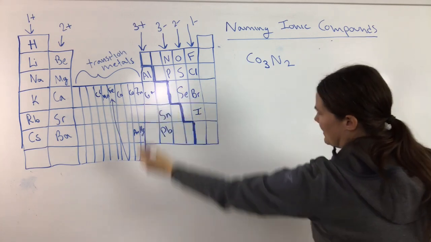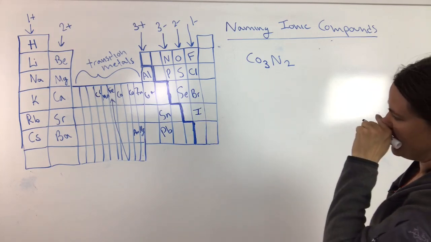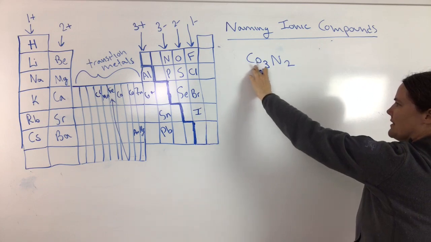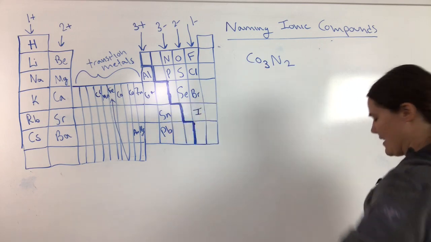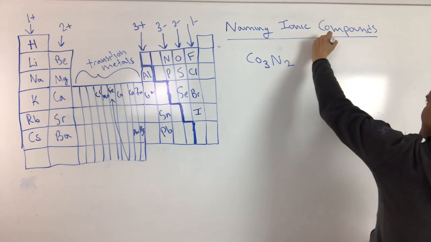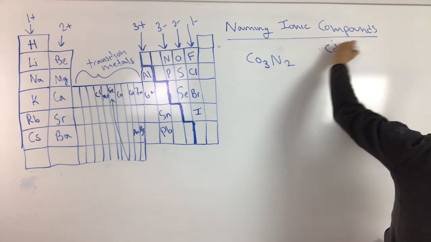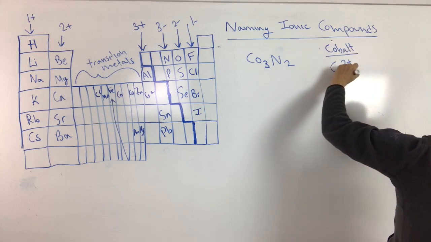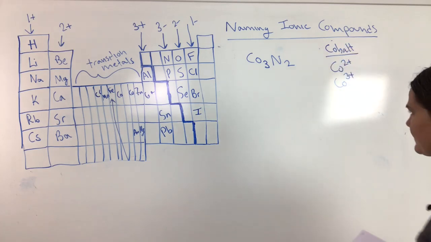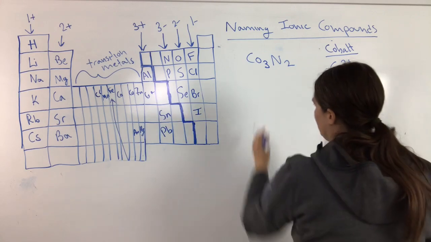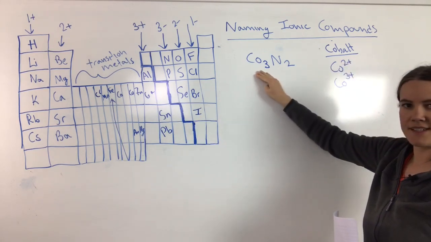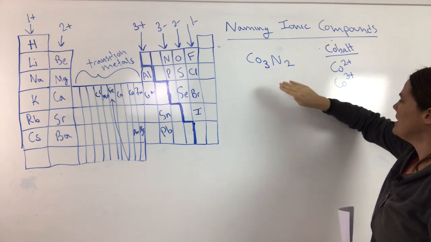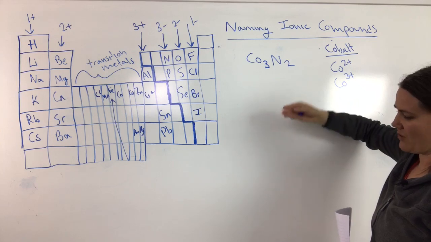And since cobalt is a transition metal and it's not silver or zinc, we can pretty much assume that it forms more than one ion. So cobalt will form a 2+ charge and a 3+ charge. So now we know that this is going to have a Roman numeral after its name, so we need to figure out what that Roman numeral is. And to do that, we need to work backwards from